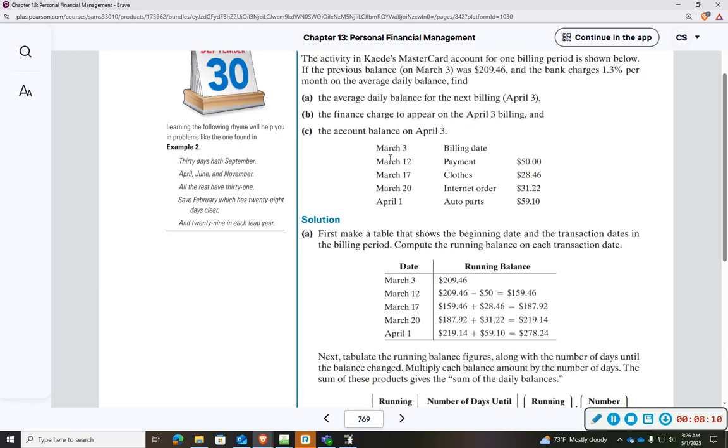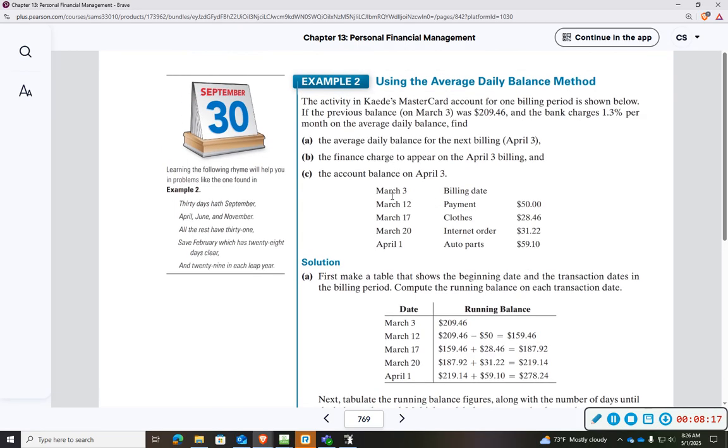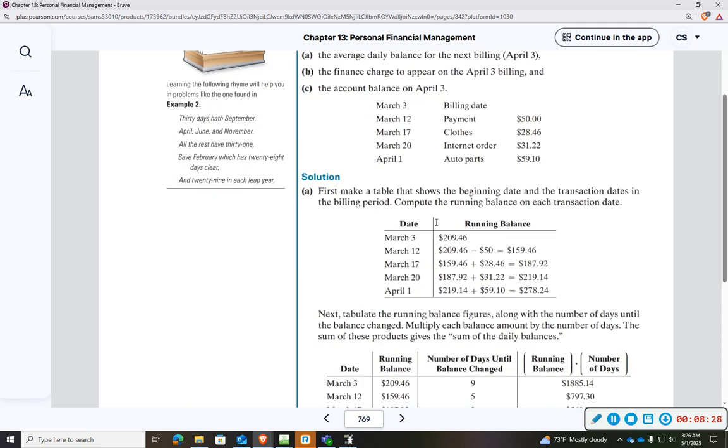So they take your balance, and sometimes you might make payments and it goes up and down. So they look at your monthly average, and they're showing you March 3rd is when the billing date is, but you made a payment of 50. You bought some clothes, you made an internet order, and then you did something else. So they're looking at your balance over that time period,